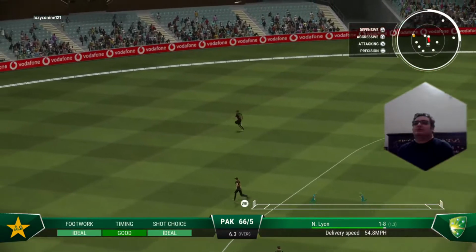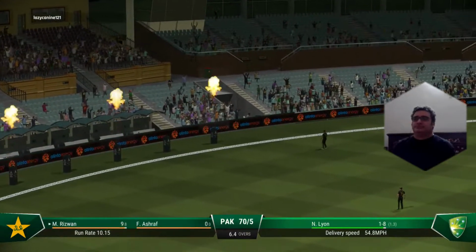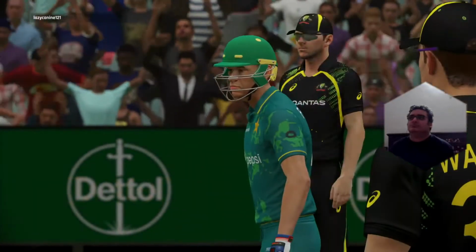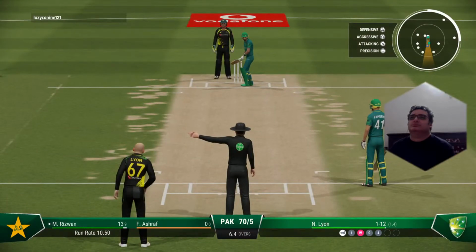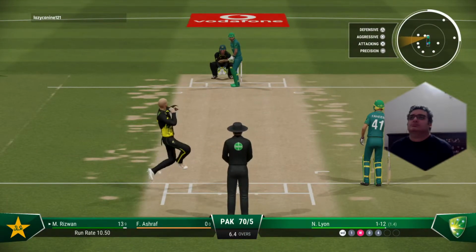Great shot. Great timing. 4 runs for that. Fine placement and enough timing to get that ball away to the boundary. Almost 10 run rate. I'd like to see them aim for the top of off now. As a bowler, you've got to make them play on your terms.